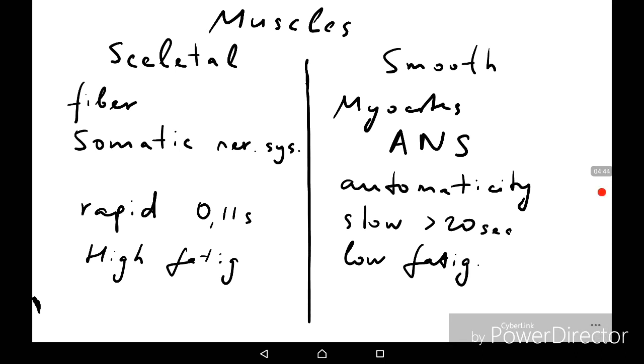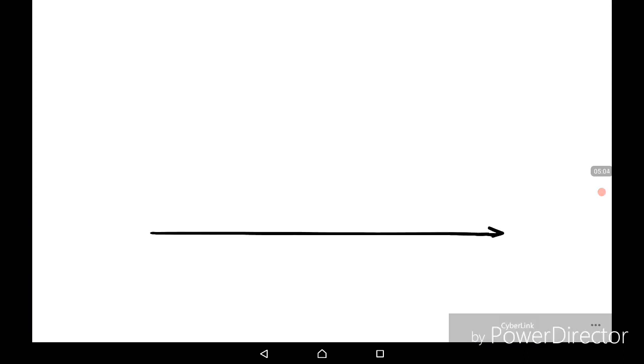But now we will speak about the mechanism of the muscle contraction. For example, we will take the contraction of the skeletal muscle. So we will draw the graph of a single muscle contraction first. So muscle contraction begins after the stimulation. We indicate the stimulation by an arrow. And the first phase of a muscle contraction is called latent phase.